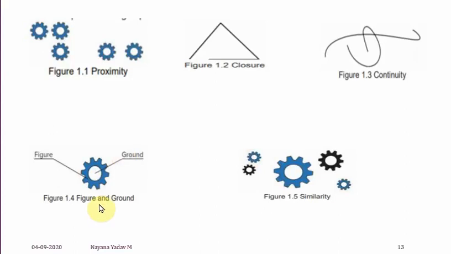And the next point is about figure and ground. For figure and ground, just take a blank paper and place some object on that. That blank paper will be treated as the ground, and the object you have placed above it is called the figure. You can see here a diagram is given to you. So here, which is the ground? The gear image that you can see is the figure, whereas below that, that white surface is called the ground.